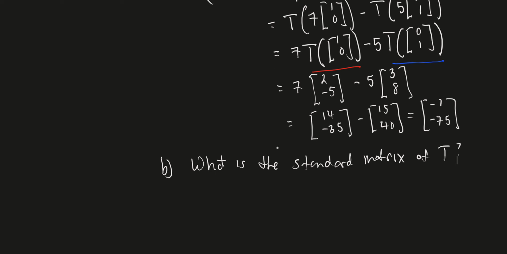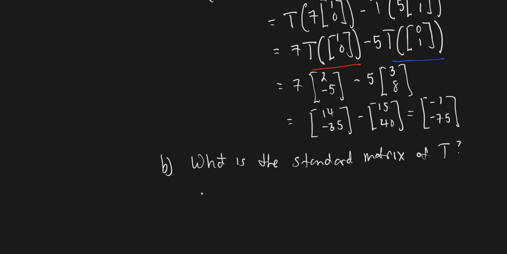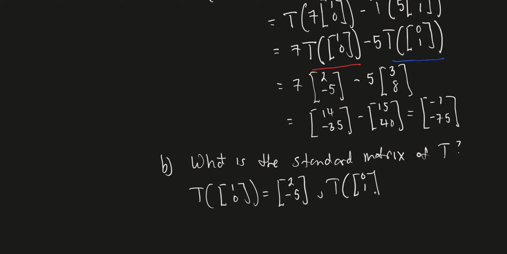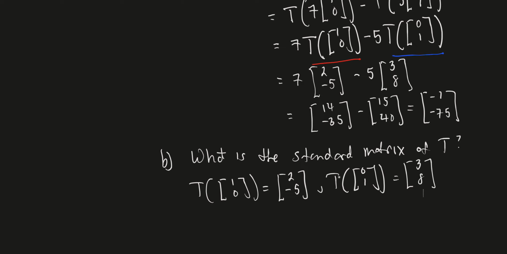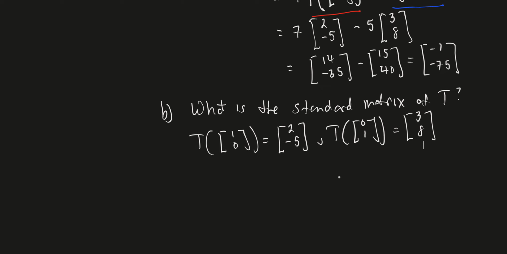All right, so let's restate what the image is of our standard basis vectors. So the image of (1, 0), that's (2, -5). The image of (0, 1), that's (3, 8), right? Well, to find the standard matrix, what we have to do is essentially figure out what the transformation is, what's the image of every vector